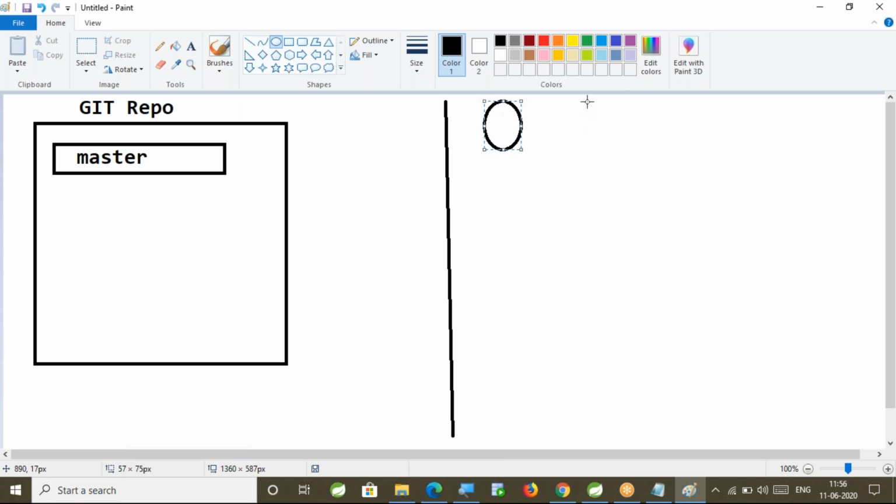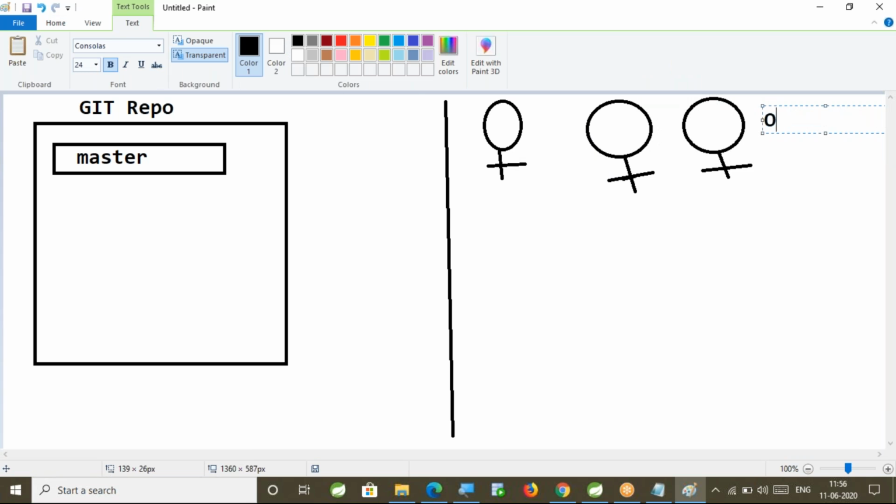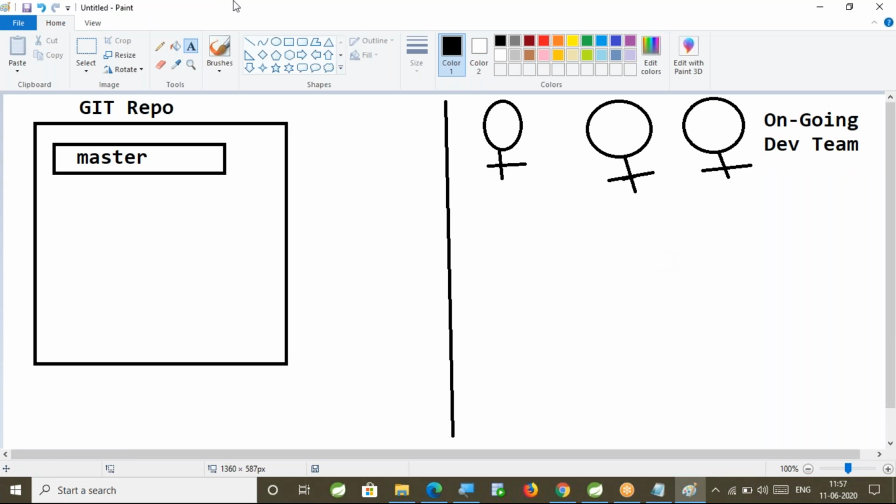These three people are working on ongoing development. Whenever a new requirement comes from the client, these team members are responsible for that. These are called the ongoing development team. Any new requirement will be done by the ongoing dev team, which will work on new requirements coming from the client.